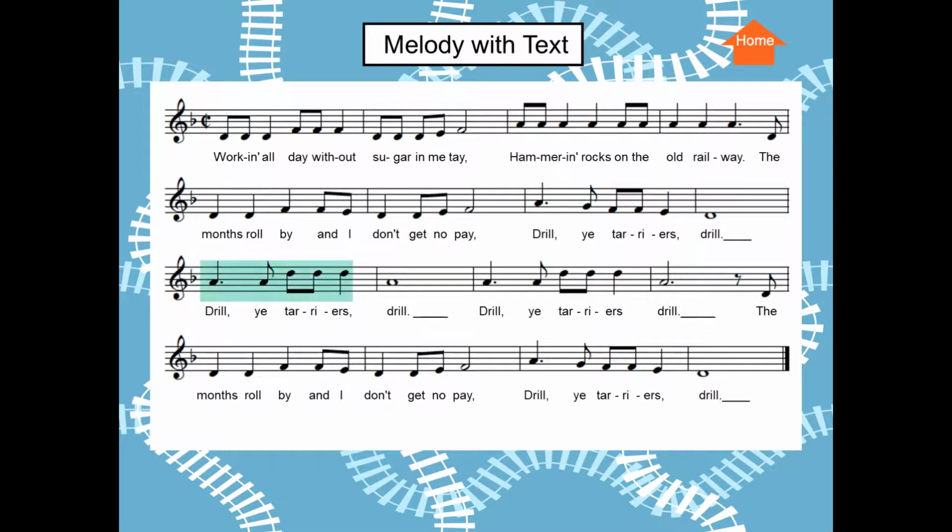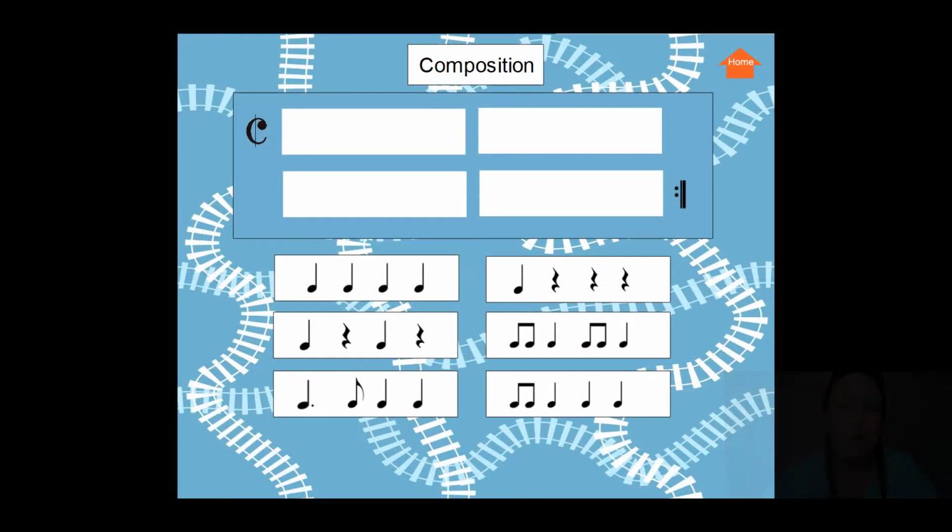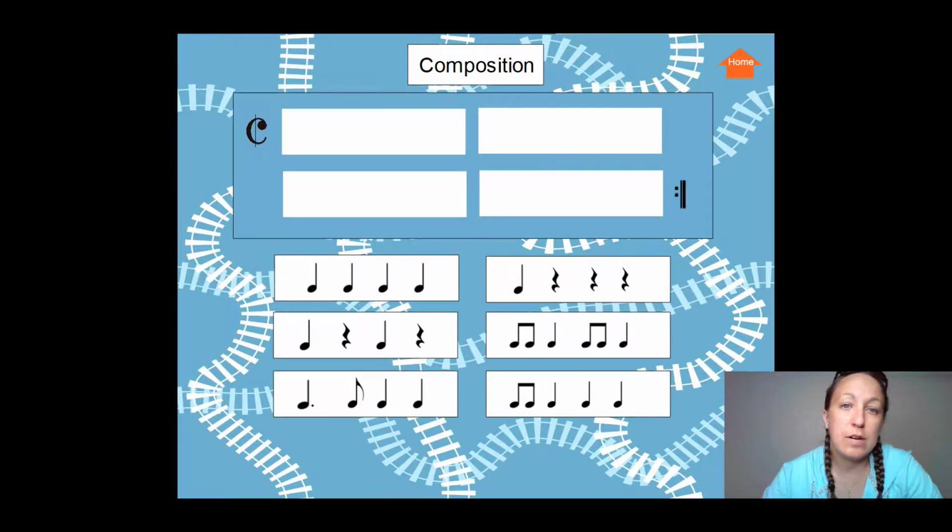ti-ti-ti-ta-ta. Tam, ti-ti-ti-ta-ta, tam, ti-ti-ti-ta-ta. Ti-ta-ta-ta, ti-ti-ta, ti-ti-ta, tam, ti-ti-ti-ta-ta. Your challenge for Drill Ye Tarriers this week is going to be to make a composition that will